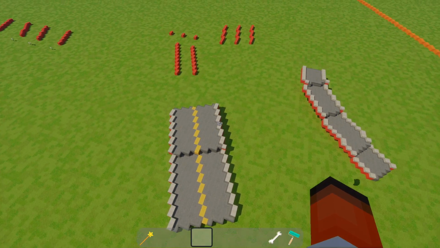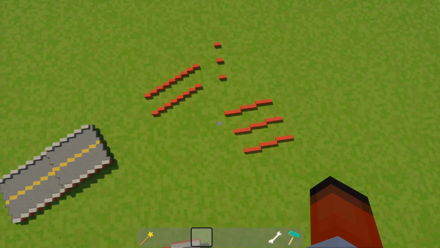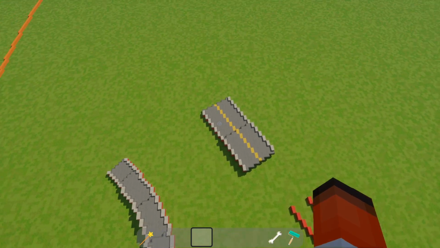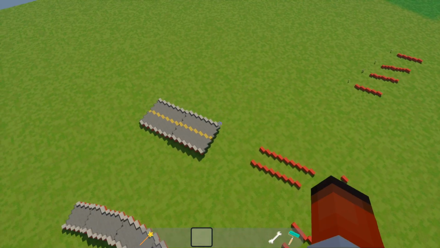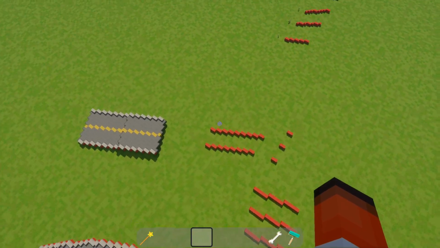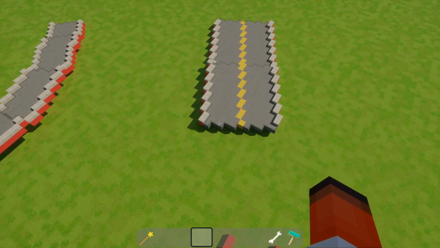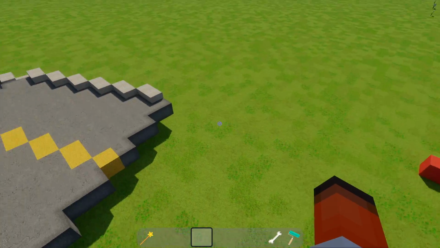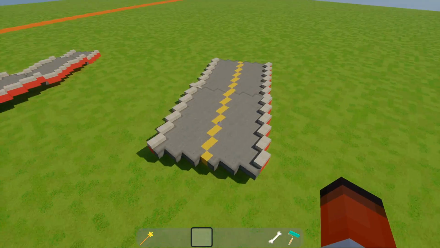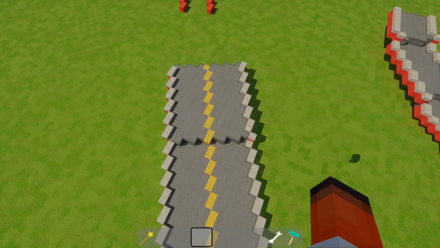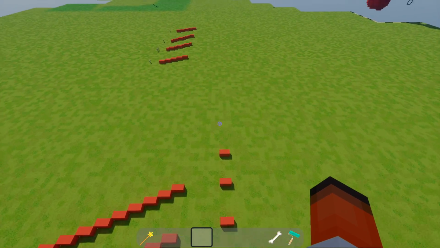But hopefully this little tutorial showed you how to make diagonal roads. The last video should help you how to connect these straight roads to diagonal roads through curves. And I mean, if you wanted to, you can just add an intersection or a roundabout in the center, and then you don't have to worry about the curve from the straight to here, but in most cases you're going to be curving it anyways. So hopefully your road adventures go well,